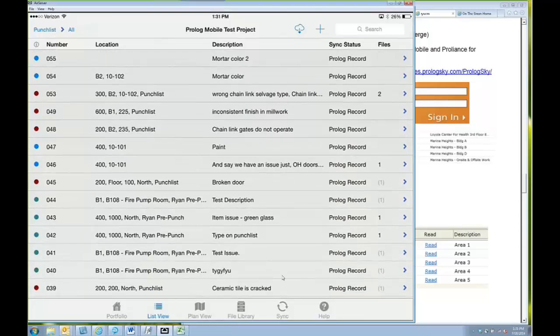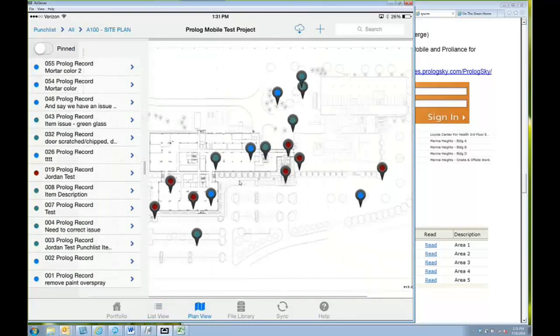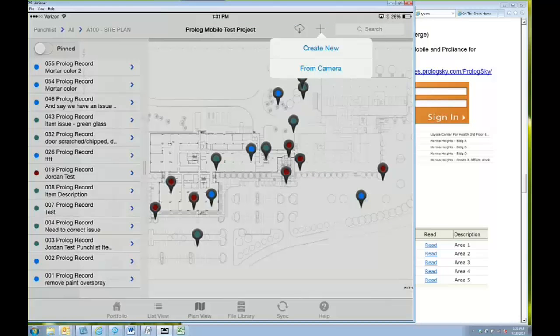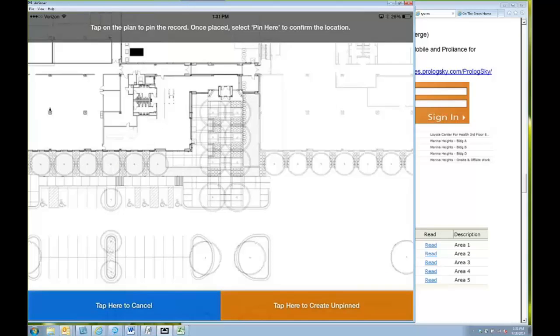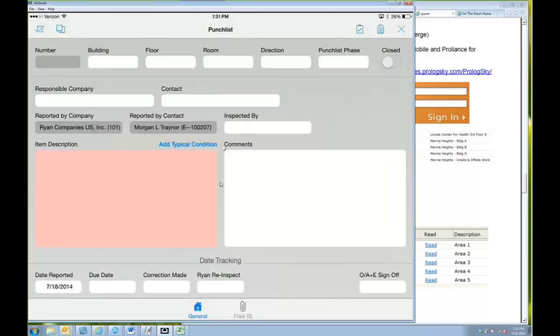If you were to click on Plan View, they're able to pin their punch list items onto a floor layout or a site plan. So this is how your field teams are using Prolog Mobile for their punch list. I'll show you an example of what a punch list item looks like. I'm going to pin it here. All they need to do is enter a description,